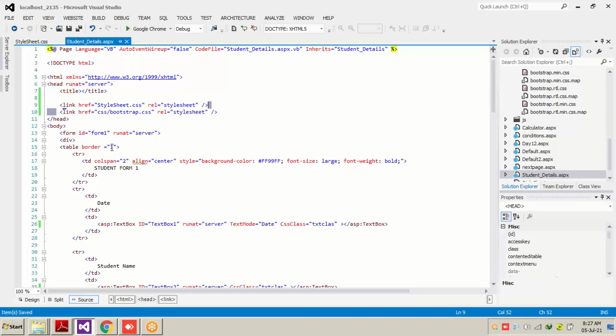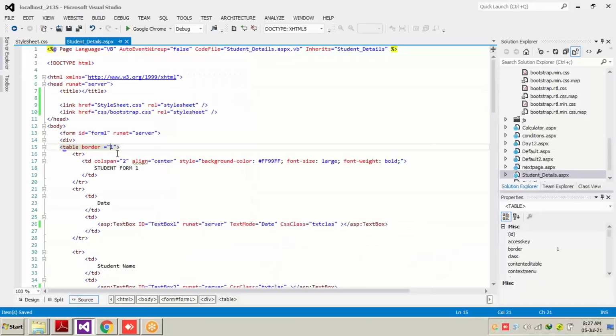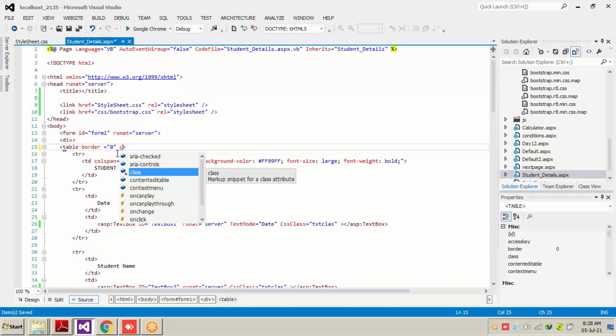Now, as we have used a table, let's change the design of the table. You can see over here that we have taken a border for this particular table. So first of all, remove the border by changing it from 1 to 0. Then we put some space and write CssClass.